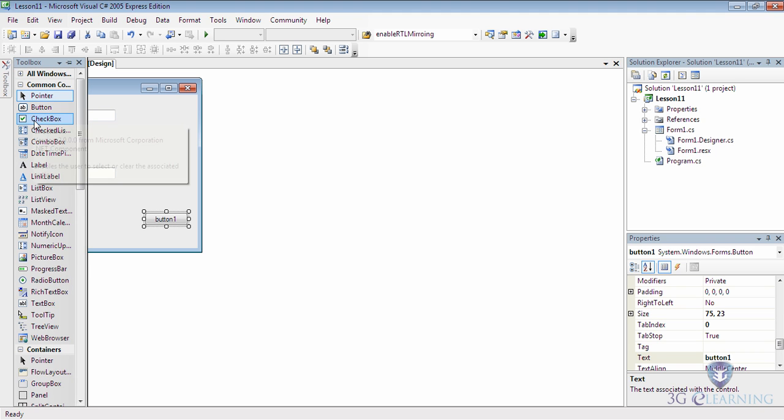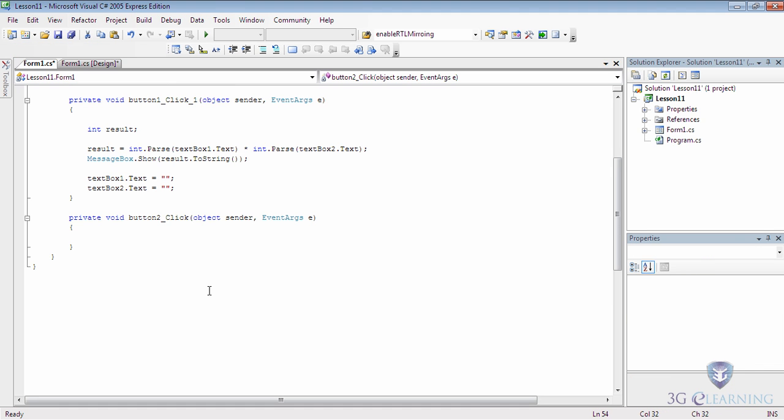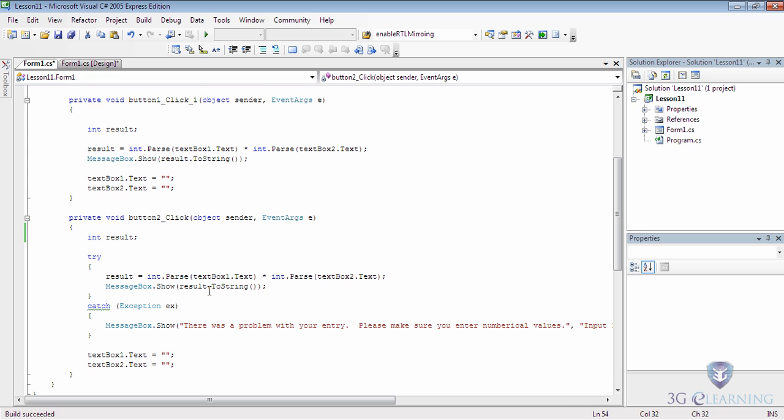So, in this example, we drag a second button, double click, then paste the code into my button 2 click event. This time we have the creation of our result integer on our first line. In the next line of code there is a try statement with an open and close curly brace. The 2 lines of code which were in the last example are between that code block where we're multiplying text box 1 by text box 2, grabbing the result in the next line of code and displaying it in a